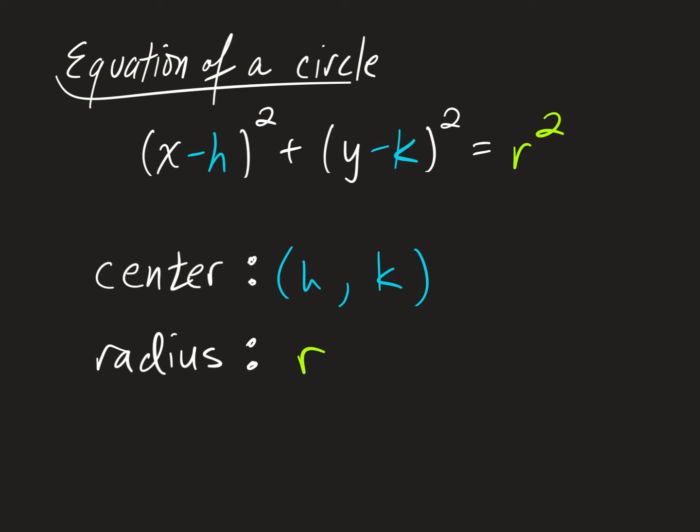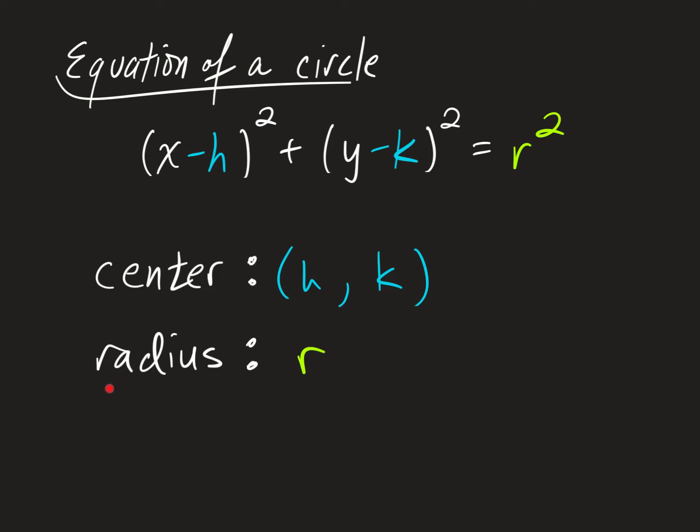As promised, here is the equation of a circle. We have x minus h, the whole quantity being squared, plus y minus k, the whole quantity being squared, equal to the radius squared. Now, where do all of these extra letters come into play? H, K, R? Well, as mentioned on the previous slide, there are two very important characteristics of a circle: the